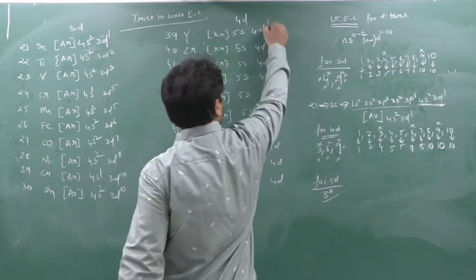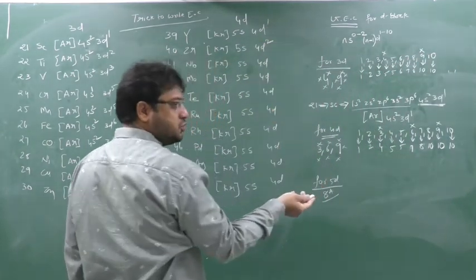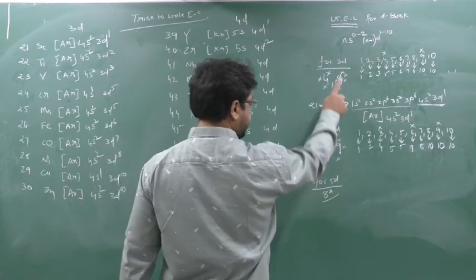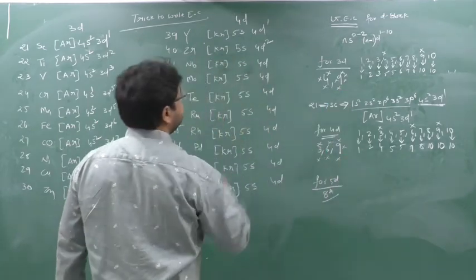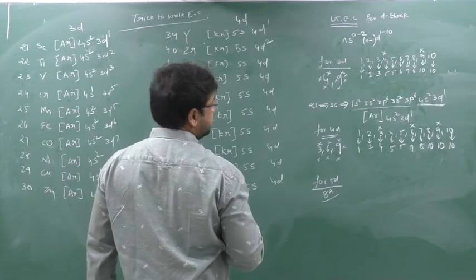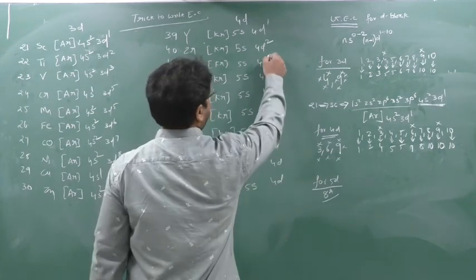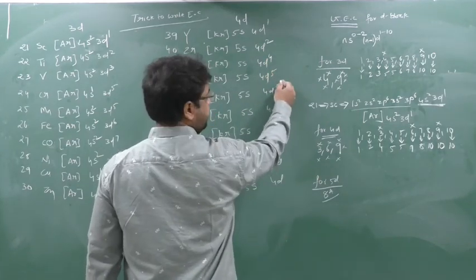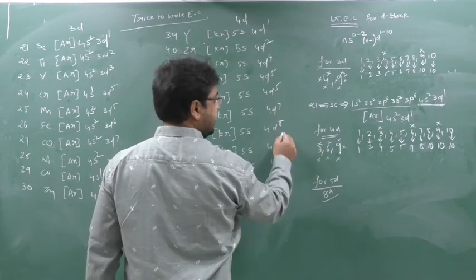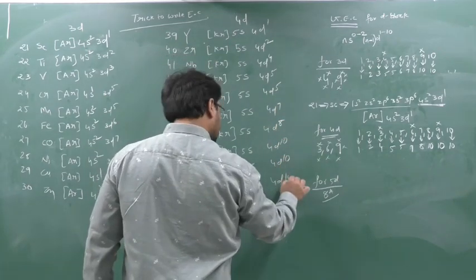Clear? So here 1, 2. So write down once more. Understood? No? So this is a bit of a twist for 3D and 4D. For 5D same. 4D1, 4D2. Okay. Then 4, 5, 5, 7, 8, 10, 10, 10.